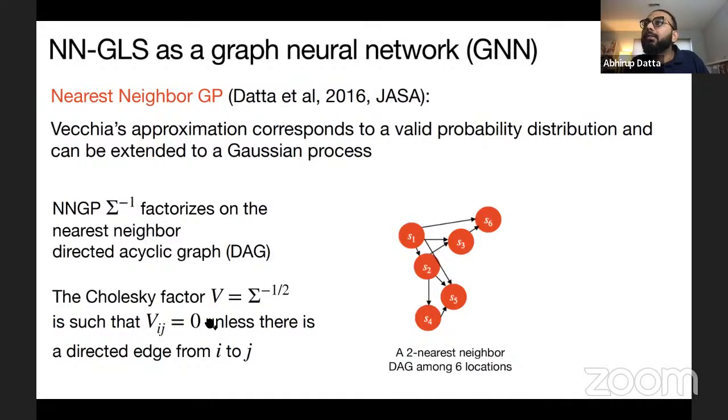Otherwise, it will be zero. So it gives a very sparse Cholesky factor for sigma inverse, which can be summed up in terms of this directed acyclic graph. For example, location 6 has locations 1 and 3 as neighbors, so we see arrows going from 1 to 6 and 3 to 6. It does not have location 5 as a neighbor, so there is no arrow going from 5 to 6.